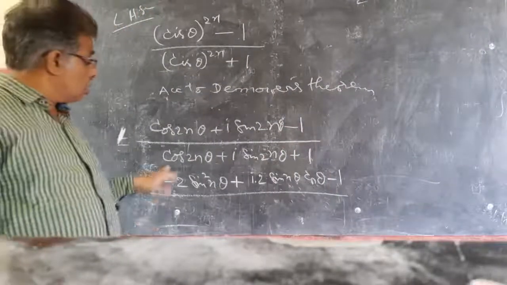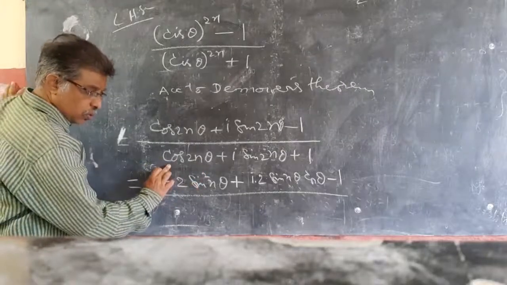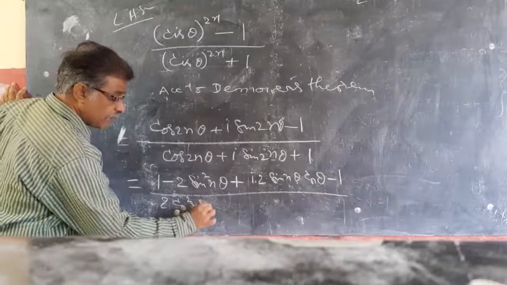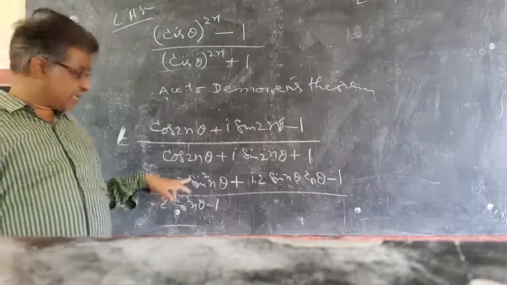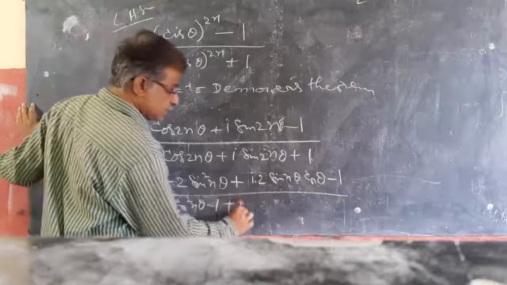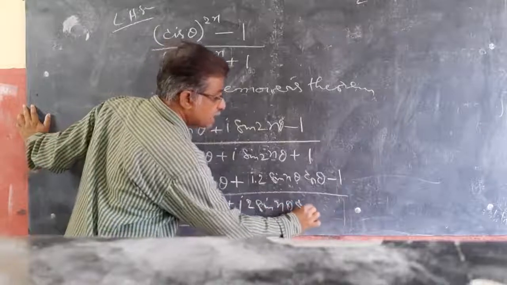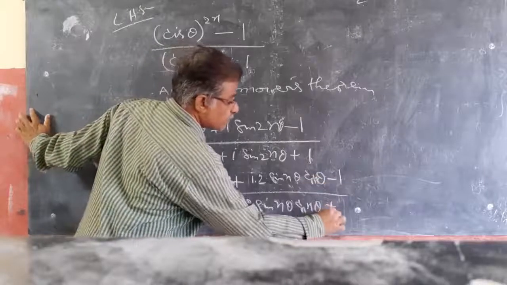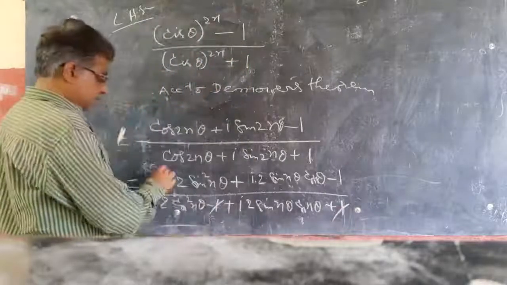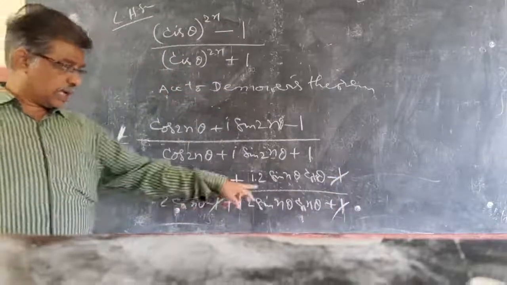Now, this cos 2n theta, again I will write the same. What is that? 2 cos square theta minus 1 I will write this time. 2 cos square n theta minus 1 plus i into 2 sin n theta cos n theta, plus 1 as this. Why I am writing like this is, this 1 can be cancelled here, and here this 1 can be cancelled here. Now, from these two, I can take